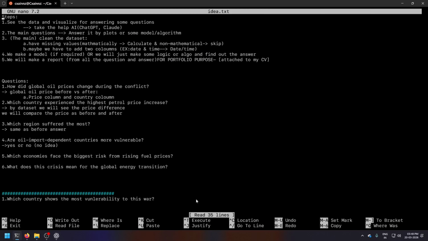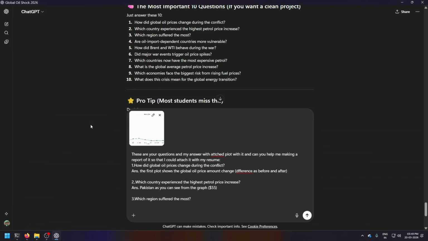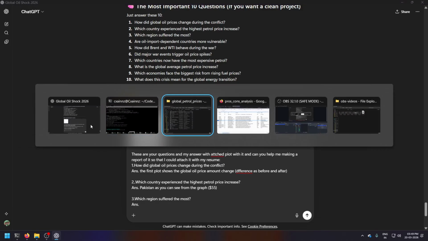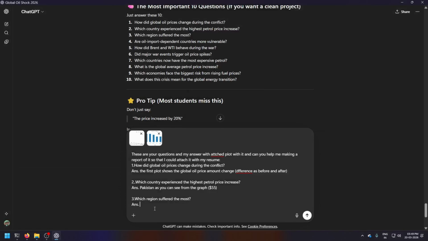Now the third question is: which region suffers the most, and we have a particular plot for it. So I have region vulnerability. Okay, the second plot shows the region suffering.